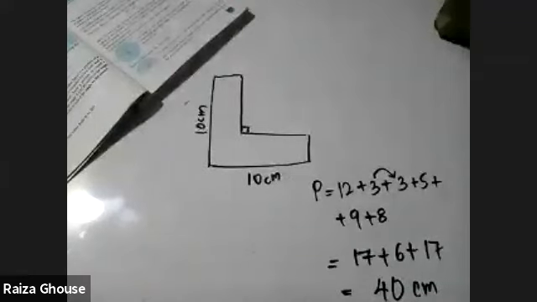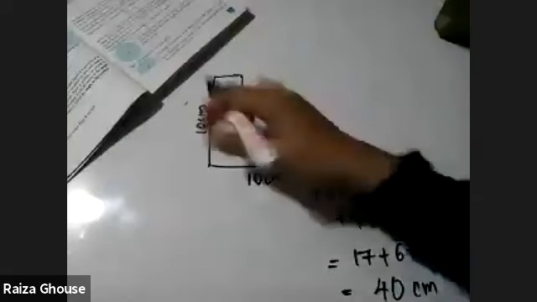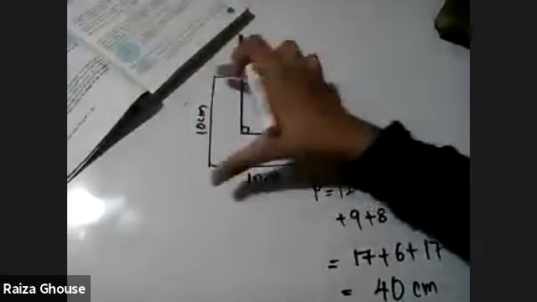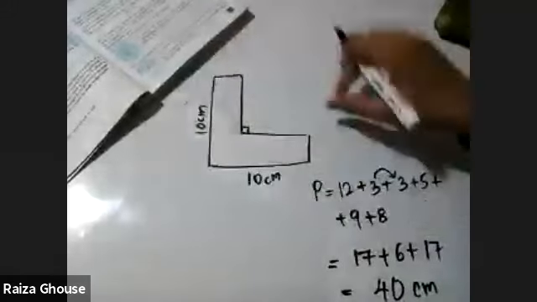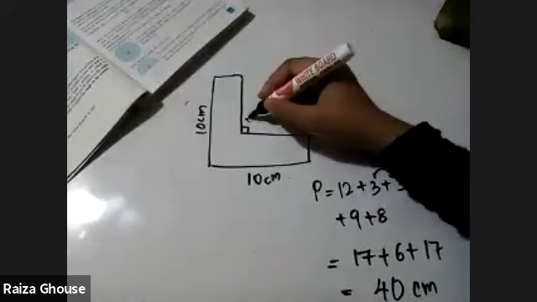Another one, 3 centimeter into 4. I got 12. Okay, right. You took the rectangular part separately, the square part separately, and then you subtracted that inner length. Yeah, I added both and subtracted the inner length. Yeah, that's also correct. It's okay. Now look at this one. 10, 10, right? If this whole thing is 10, this whole thing is 10, what will be this length?